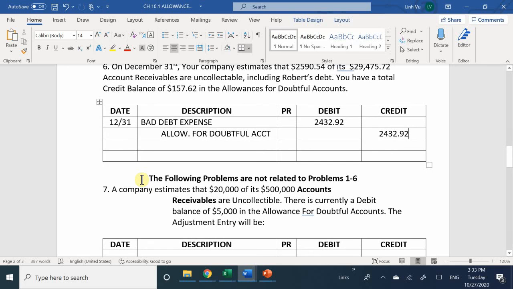All right. So the following problems are not related to problems 1 through 6, so these are all separate. Number 7 says, if a company estimates that 20,000 of its 500,000 accounts receivable are uncollectible, there is currently a debit balance of $5,000 in the allowance for doubtful accounts. The adjustment entry will be